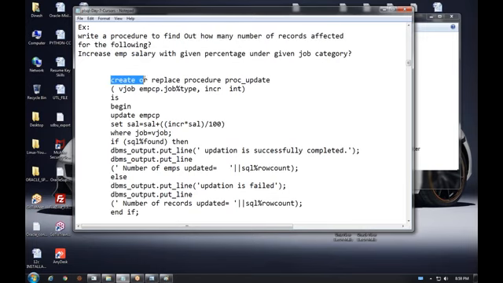See, create or replace procedure. The procedure is updating employee salaries. Now, it is taking the job value under a given job category. So it is taking the designation of the employee and the increment percentage, like 10, 25, whatever the increment percentage. Begin,